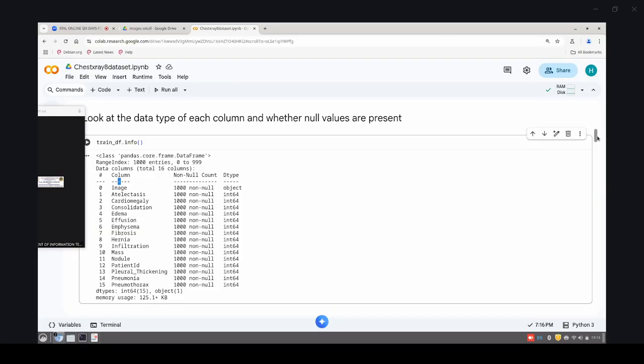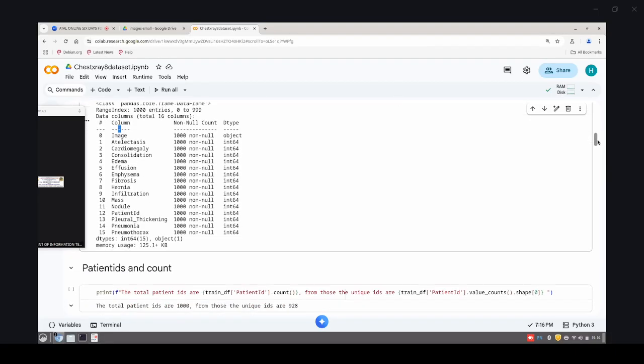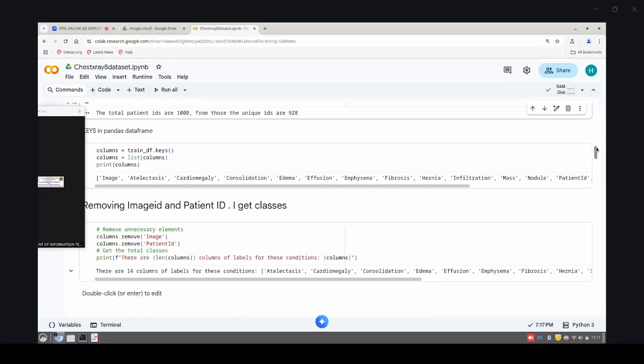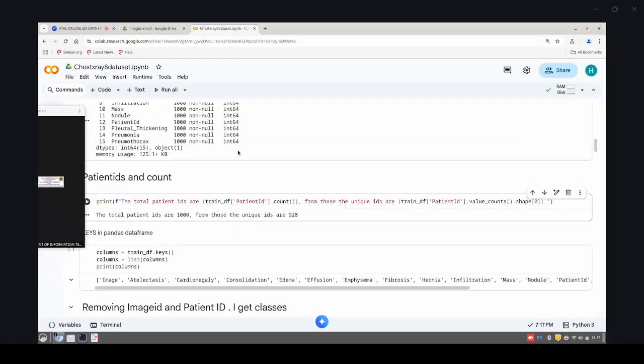So there are 1,000 rows for each column, and if I run this, I can see that there are 1,000 patient IDs, but out of them unique are 928,